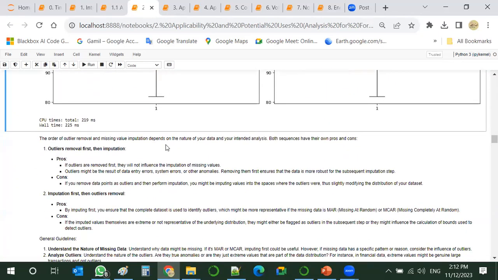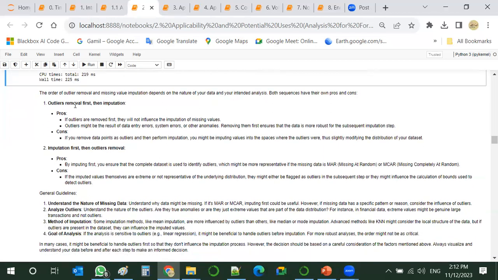So in terms of the order of removing outliers and imputing missing values, it depends on the nature of the data, and there could be 2 sequences. We can remove outliers first, and then do imputation. It has its own pros and cons.